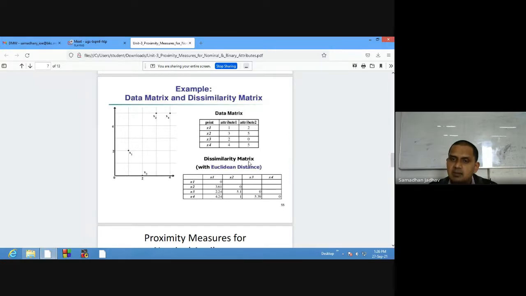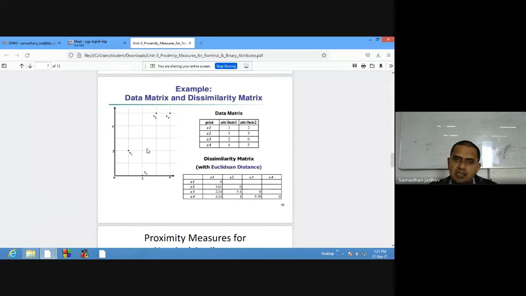And what is the dissimilarity matrix? On rows, objects 1 to 4, in columns, objects 1 to 4, right? And see, 0 for the dissimilarity of an object with itself. And see here 3.61, 2.24, 4.24, how do these values come? Because this is the dissimilarity of object 2 with object 1. And how do we find this? Using Euclidean distance. Why Euclidean distance? Because these x objects are nothing but points in the xy coordinate system.